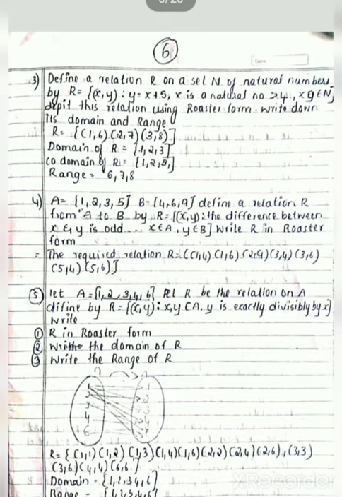The set of all natural numbers x, where x is a number greater than 4. Oh, sorry, she has made a mistake there. Students, it should be less than 4. Note down the symbol and correct it. Less than means the symbol should be reversed. I hope you got it.